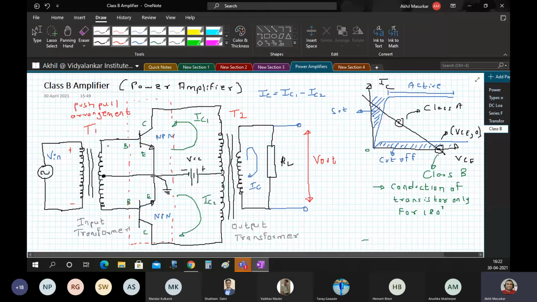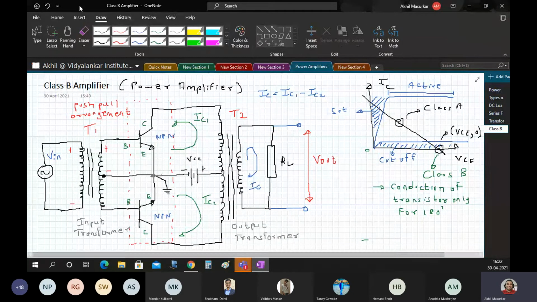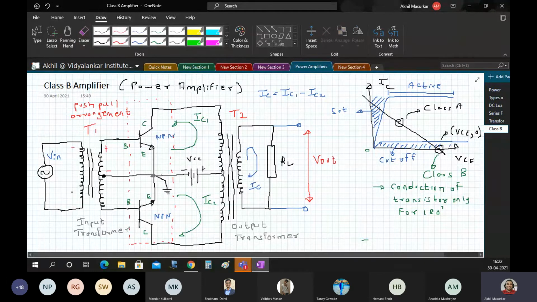So generally during the positive half cycle we will have here plus and minus this way. So here also we will have plus minus or minus plus. So here we are having some kind of positive voltage with respect to ground, and here we are having a negative voltage. So we will just see the explanation of that.